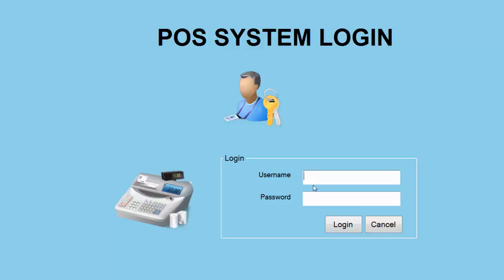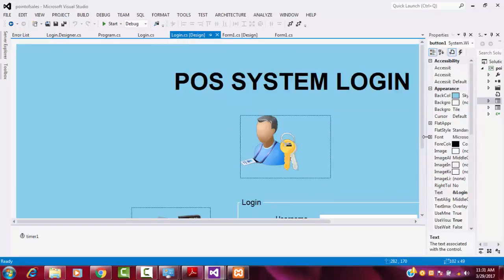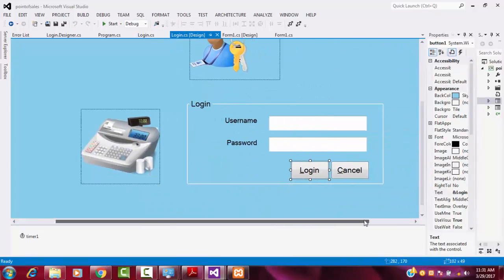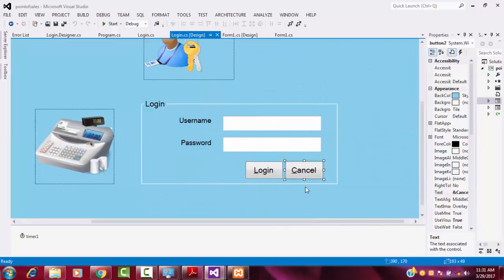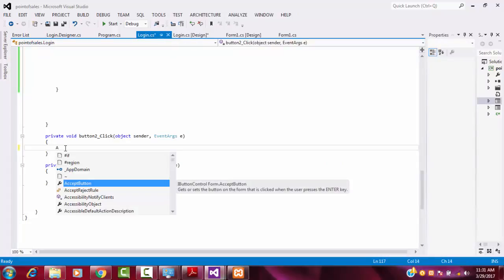Okay, I have one more thing to do, because of this cancel button. How to write the coding of the cancel button, how to cancel this form. So let me write the coding for the cancel button. If you want to cancel all of the system, you have to write the cancel button coding. Just double click on the cancel button. This is the coding view of the cancel button. So an easy way is Application